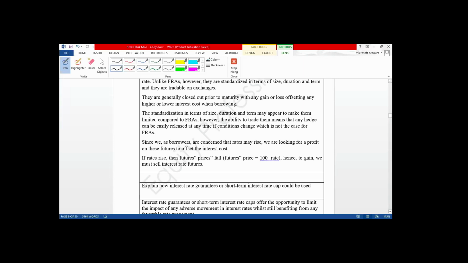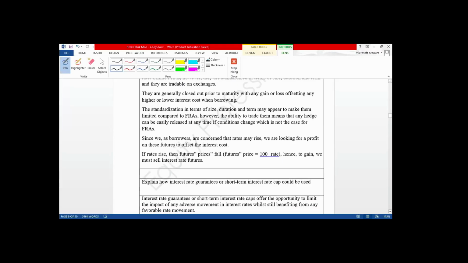The borrower can then buy back at a reduced price, thereby making profits from the futures market. This profit will be used to reduce the increase in your borrowing cost. When we get to the calculation on this hedging, it should get clearer.